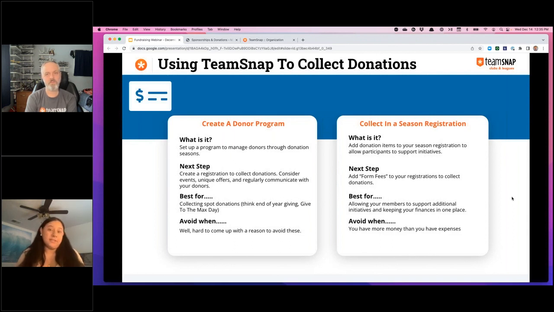I always recommend putting that in the form because you never know. Some parents don't always have the time to volunteer, so if they want to opt out of the volunteer option, why not put a donation in there instead? They can donate and use that.